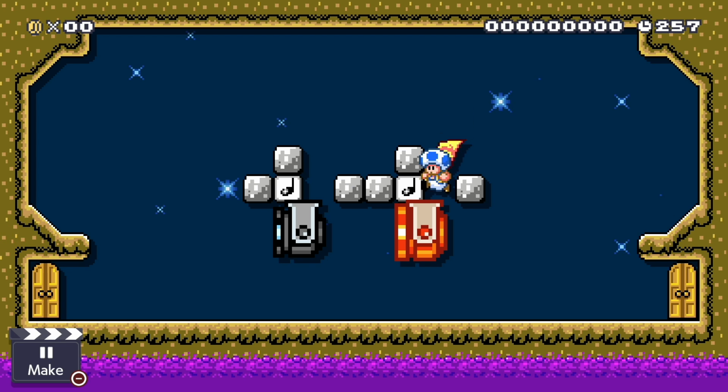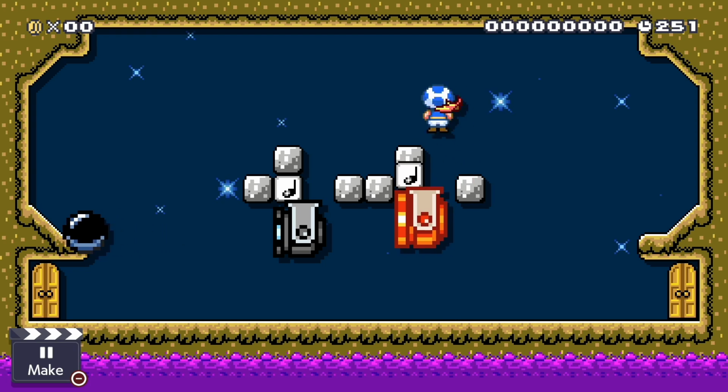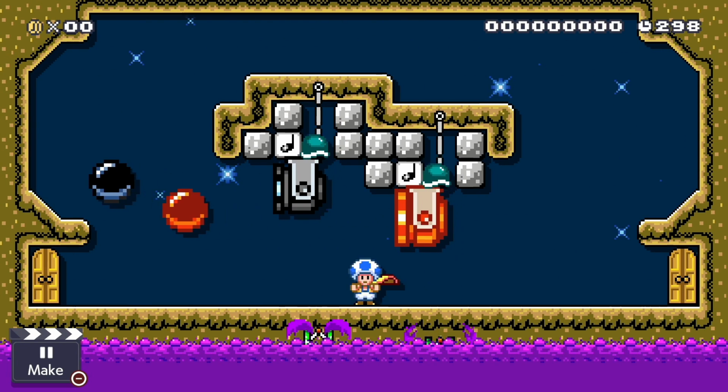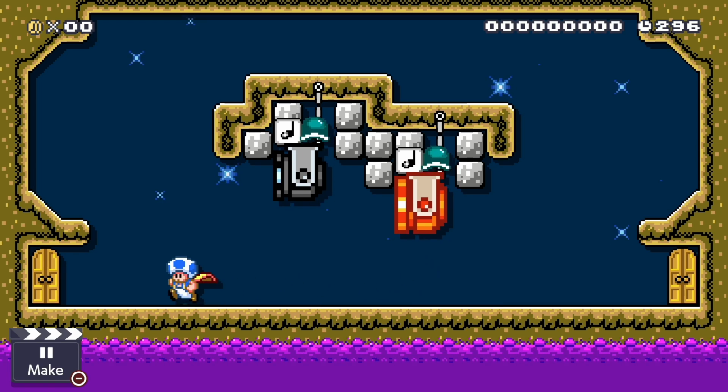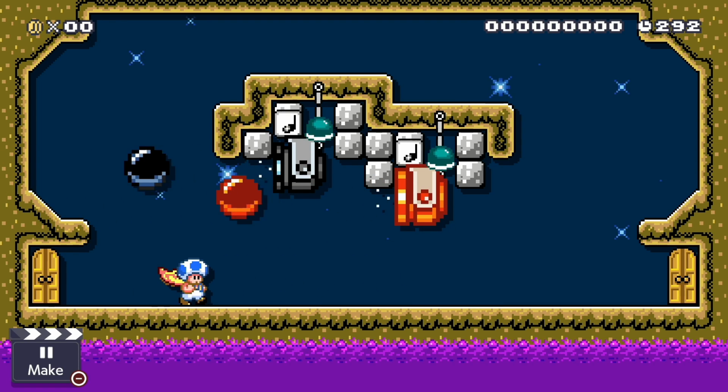We did an automated setup of this in the past. This is not automated, though. Check out the red cannonball. Super fast. Pretty sweet. Here's the same setup as before, but this time it's automated. So now we have a shell hitting that note block instead of the cape flicking hitting it. And it's pretty sweet how the cannonballs will go super duper fast. So this can add a very interesting little mechanic to a level,